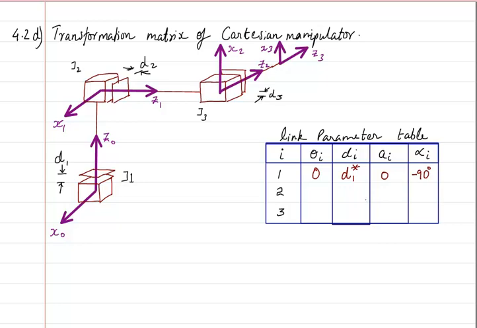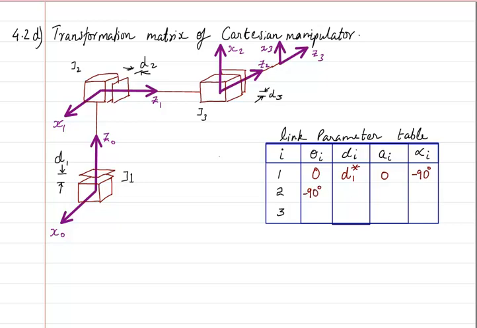If you are having any doubt here, you have to go back, look at the animation to understand how I am filling this row, otherwise it will be very difficult. Okay, for the second case, that is going from frame 1 to frame 2, again x1 I have to make it parallel to x2. For that, with respect to the z1 axis, I have to go clockwise 90 degrees, so theta will be minus 90 degrees because I am going clockwise.